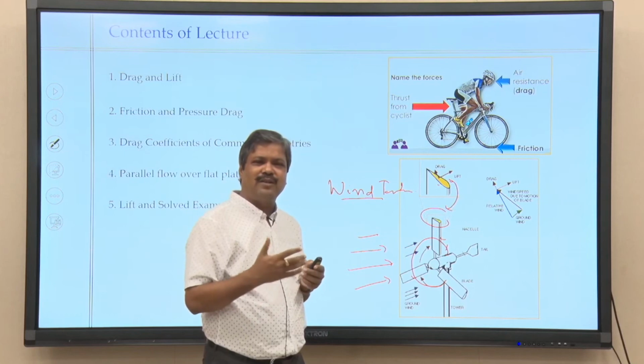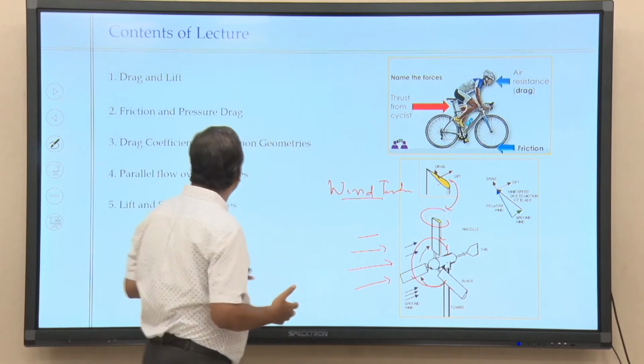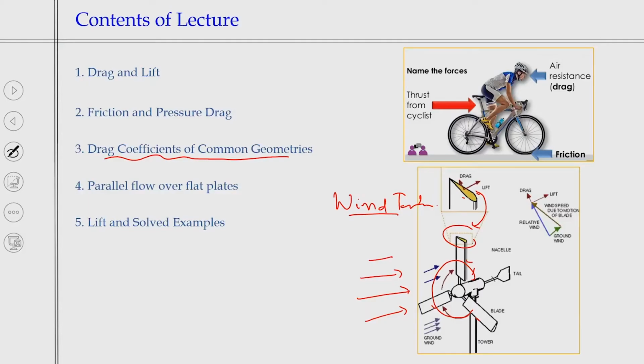So, let us talk about drag and lift, friction and pressure drags, which is, definition-wise, how the drag coefficients are common for geometries, as I have just given some examples of, and parallel flow over a flat plate, which is the boundary layers. And then you will solve a very few examples on how to solve these real life problems